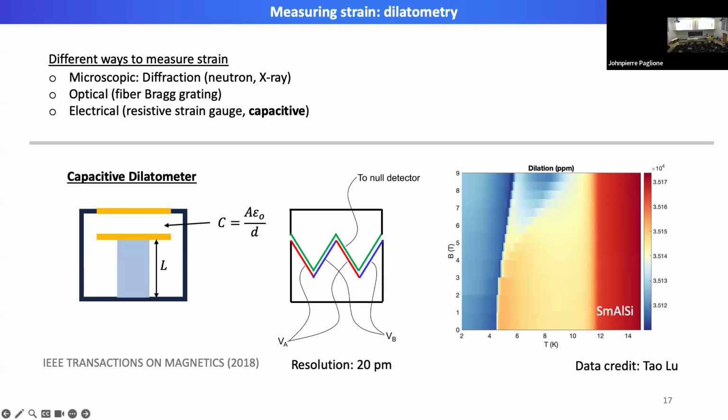So first of all, I want to focus on telling you how to experimentally measure strain. This kind of measurement is called dilatometry, and to measure this length change of the crystal, roughly speaking, one can resort to microscopic measurements such as high resolution X-ray or neutron scattering, or we can perform some sort of more macroscopic measurement, right? So one can do this through optical diffraction or through electrical measurements.